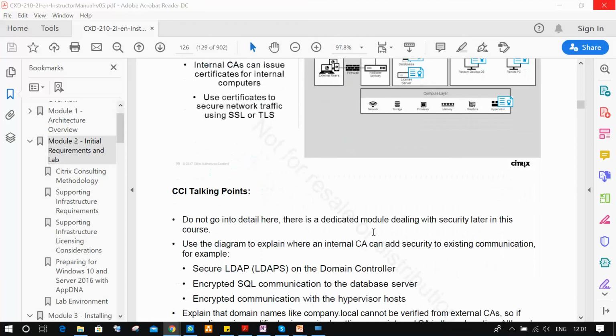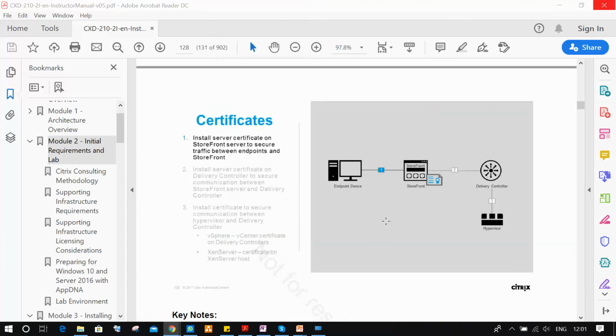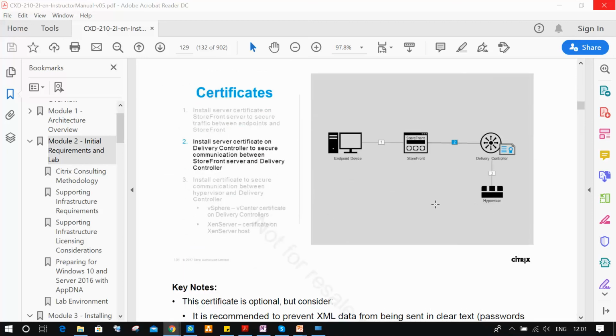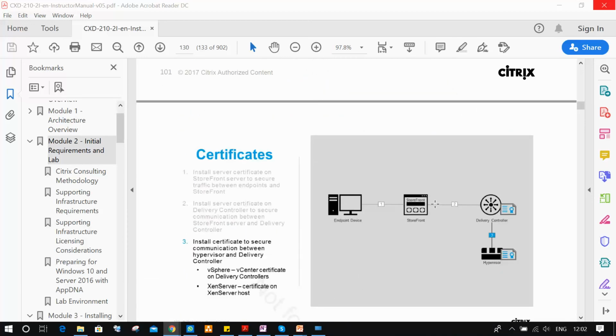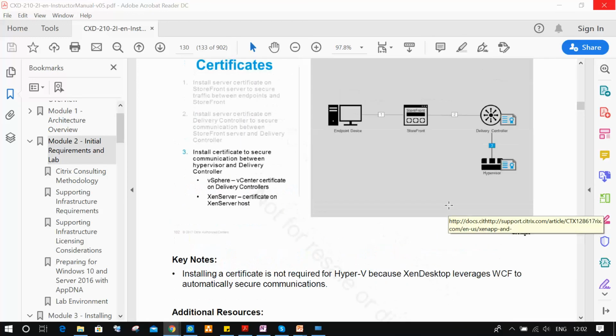So moving to the next, certificates that I told you. We will install the required servers, and after that, everywhere the certificate is required. Without a certificate, the communication will not happen. Okay, that's the way we will design later. Yes, definitely.